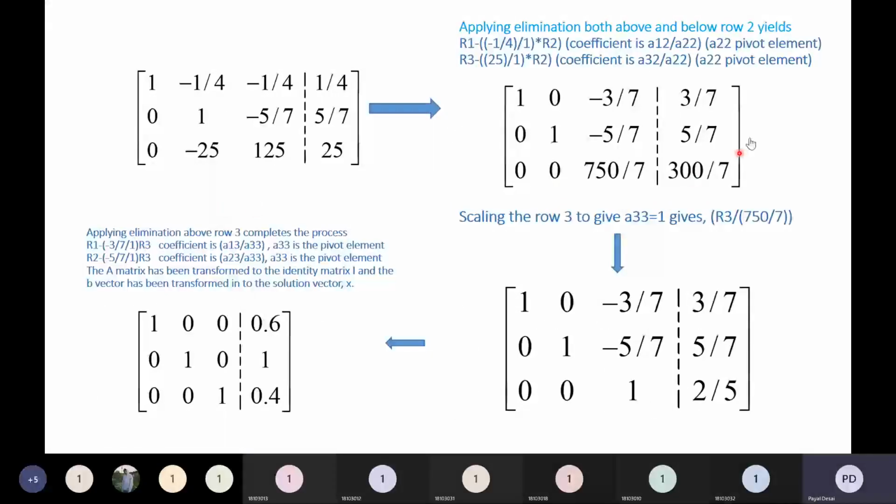Okay, so next we want to apply the elimination to both the unit element and the row below the unit element. These two we are focusing on now to eliminate. So what will you do? It is slightly different than Gauss elimination, because in Gauss elimination we are making an upper triangle, right? Here we are not making an upper triangle.